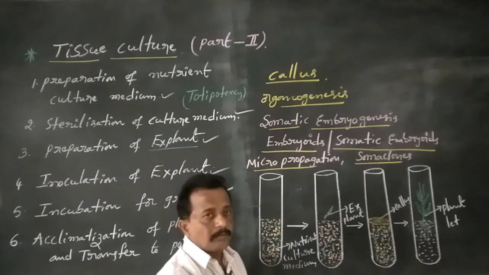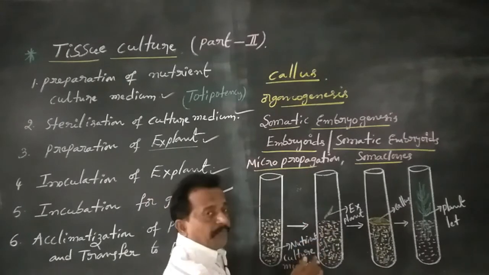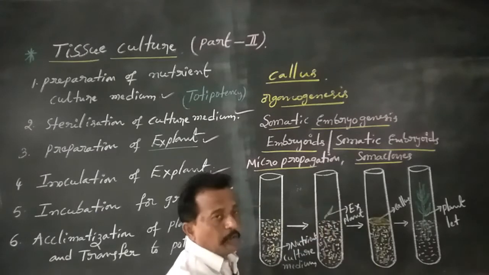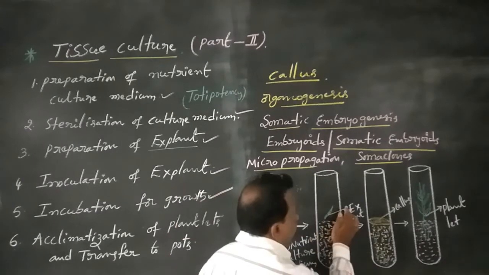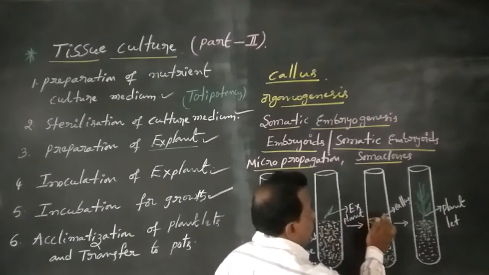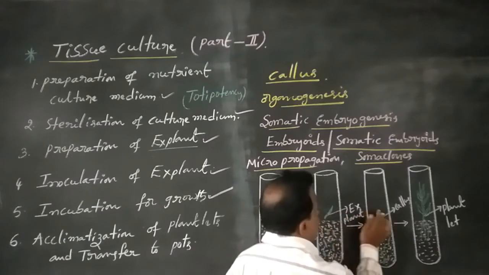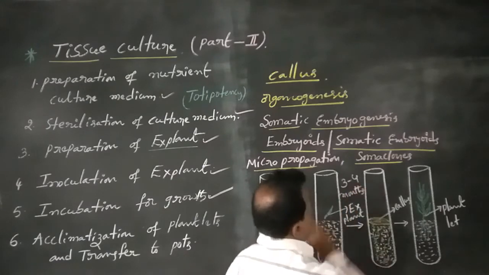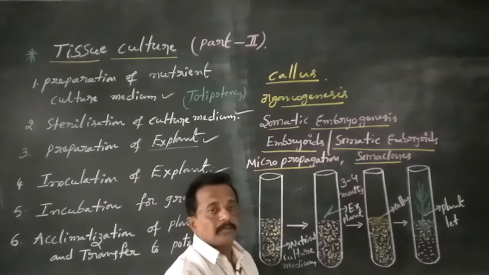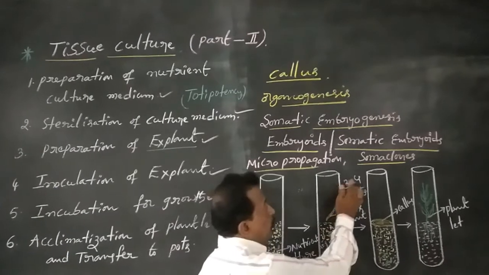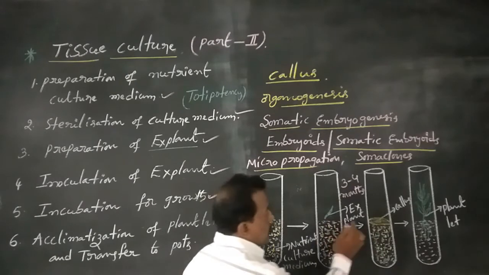Now, the explant or any plant cell has already been transferred to the nutrient culture medium of the test tube. This test tube is incubated for growth for 3 to 4 months. Okay, now in this period